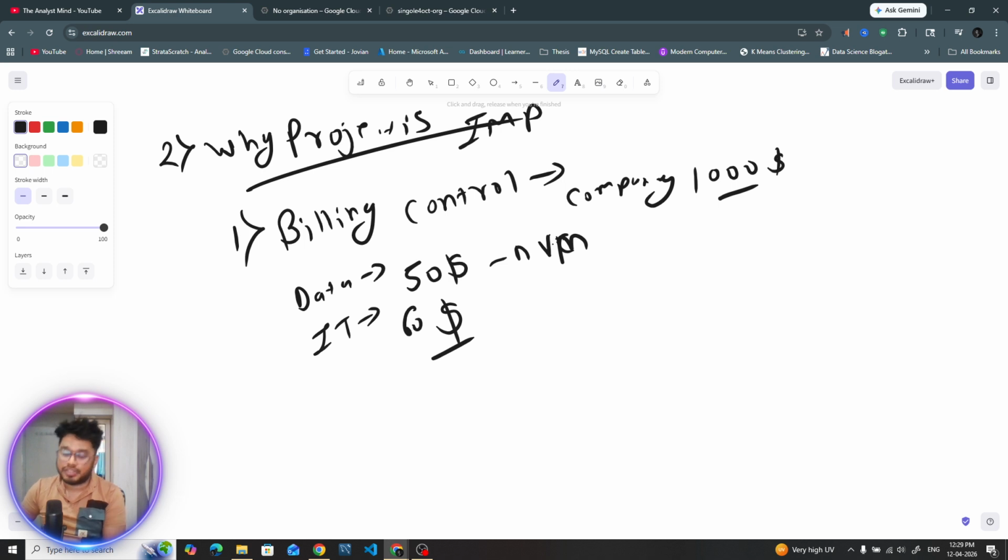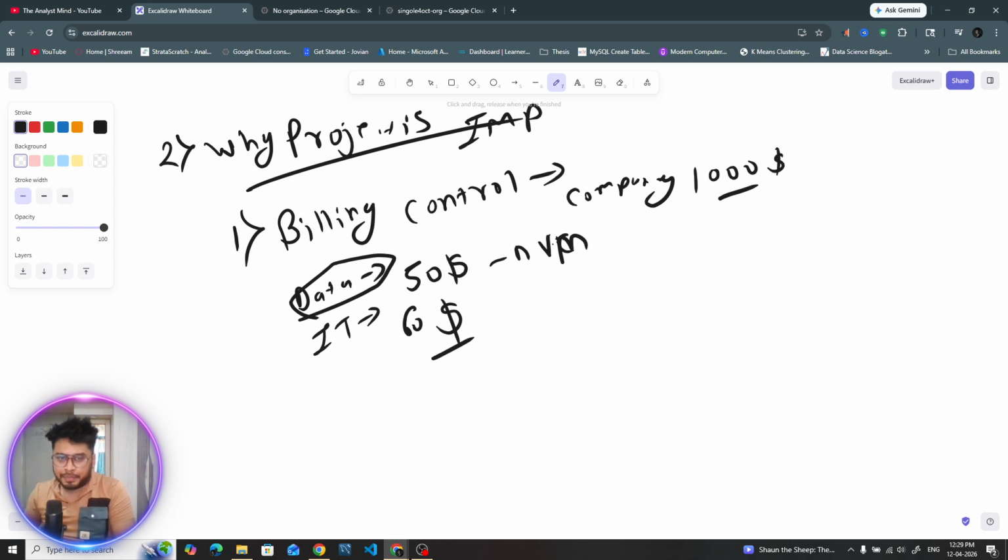Because I will put restrictions in the data project. Restrictions are basically in the form of notifications, emails, or alerts. So whenever my data team's project has used 50% of the amount dedicated to them, you can set these alerts in GCP. I will show you afterwards. Every time your data team exceeds a particular threshold, like $25 or $50 or whatever you define,